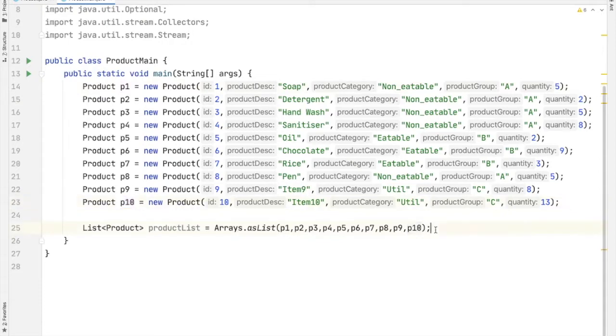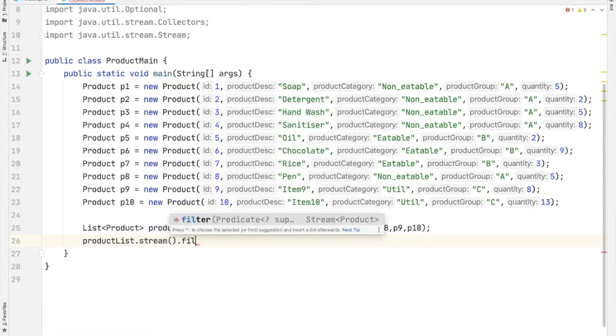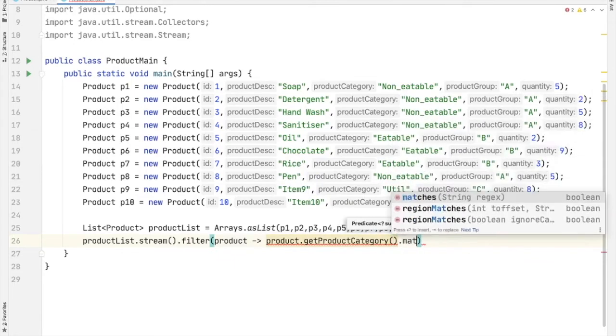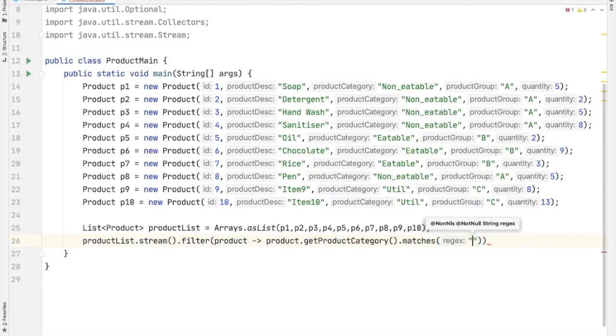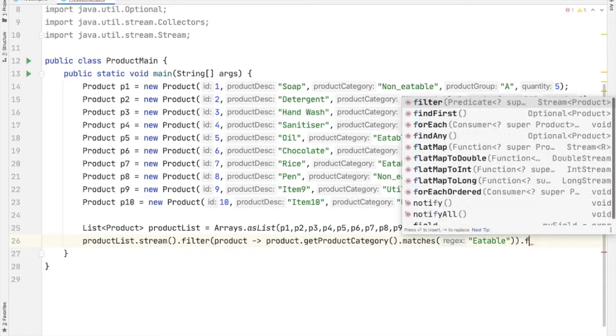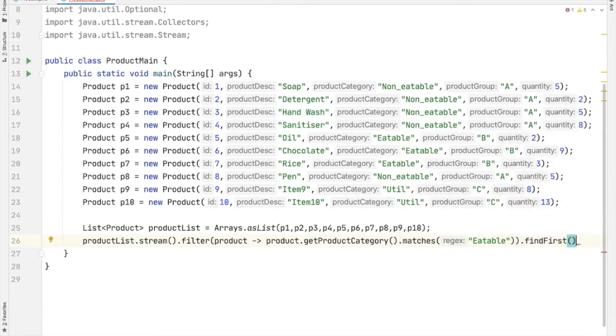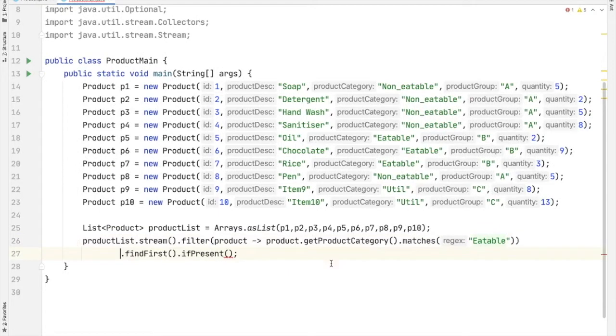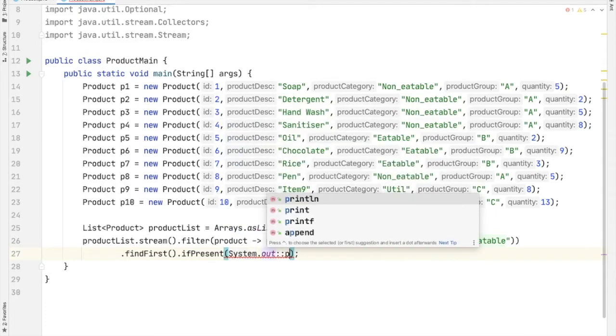Let's start coding. productList.stream().filter(product -> product.getProductCategory().matches("eatable")).findFirst().ifPresent(System.out::println).